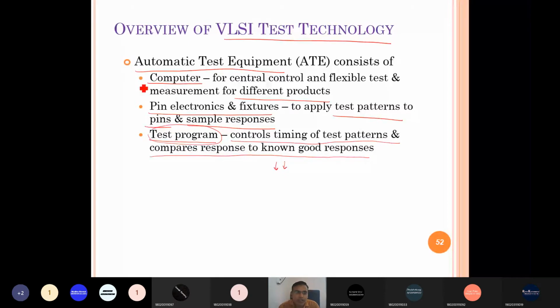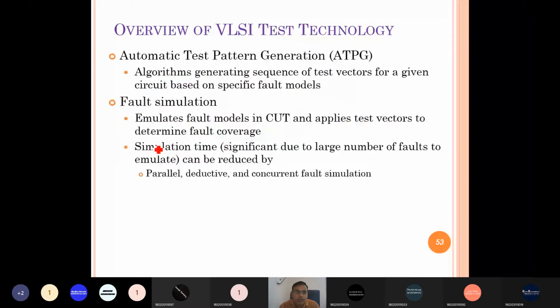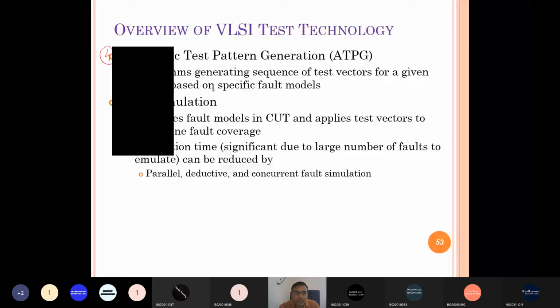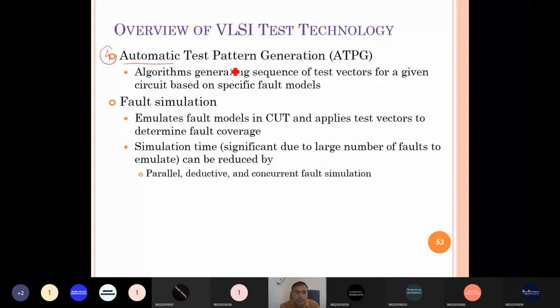It consists of a computer, pin electronics and fixtures, and the test program, right? And the automatic test pattern generator. The fourth part of the ATE is the automatic test pattern generator. The task of the automatic test pattern generator is that it is an algorithm which generates a sequence of test vectors for a given circuit based on the fault model of the circuit, right?